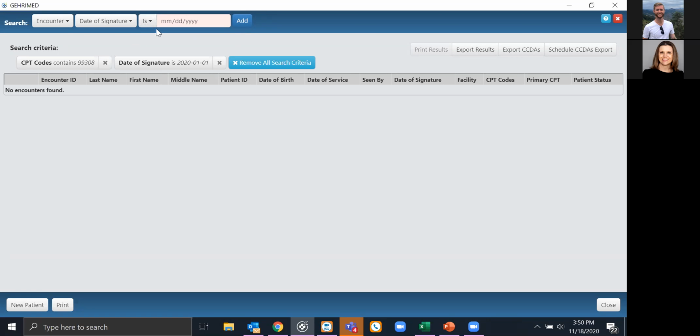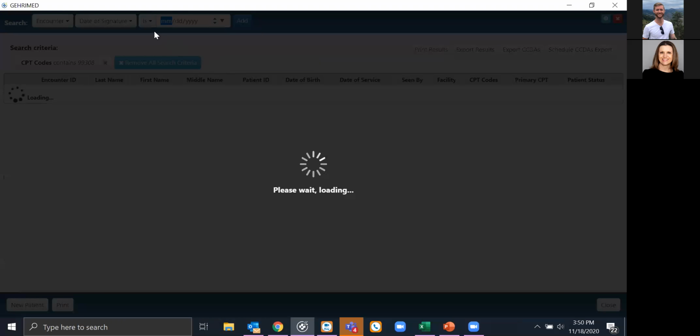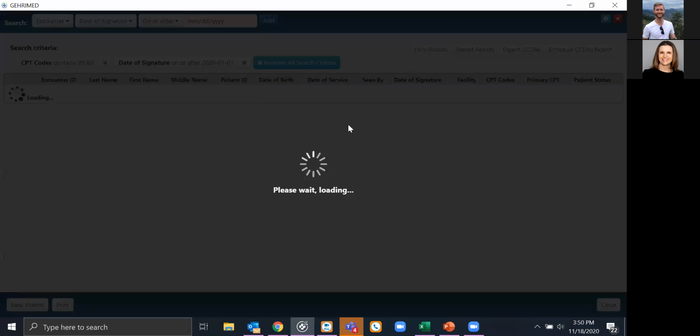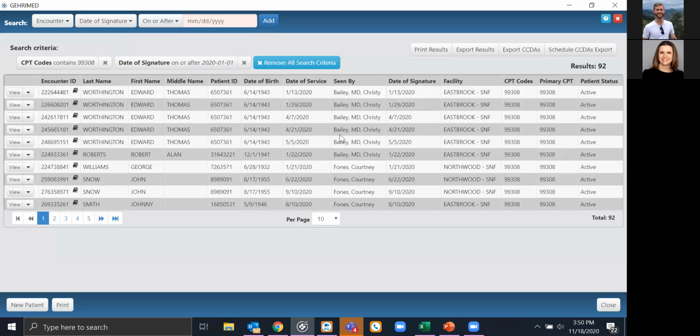That was just, I didn't use on or after, I used the exact date of signature. Let me fix that. So you've got is, or you can do on or after. That's what I forgot to do. So here's everything that we've signed in the year 2020 to date with the 99308